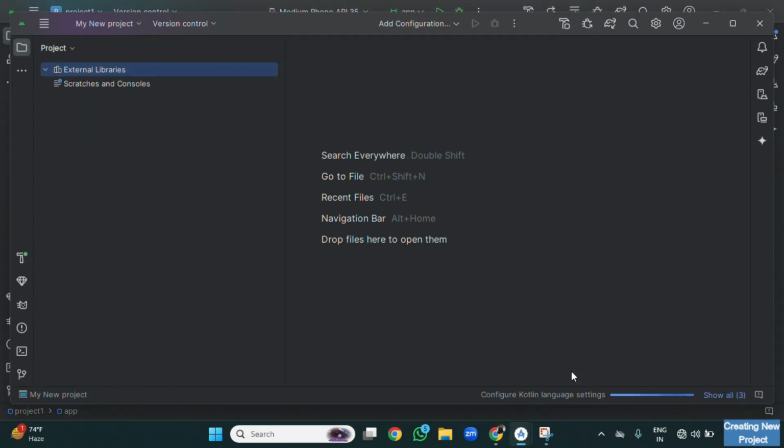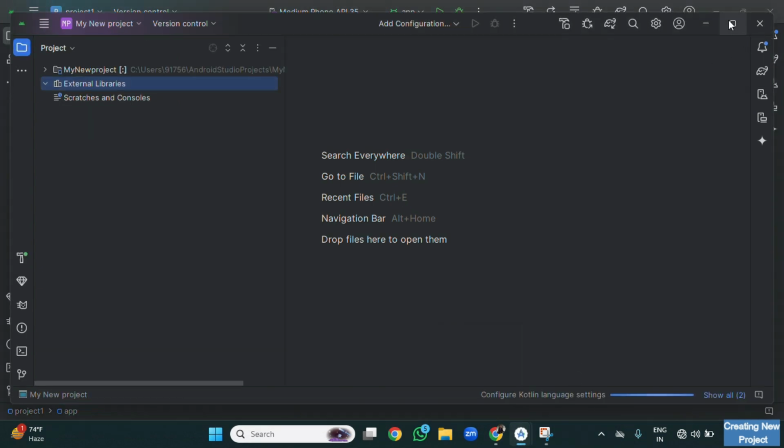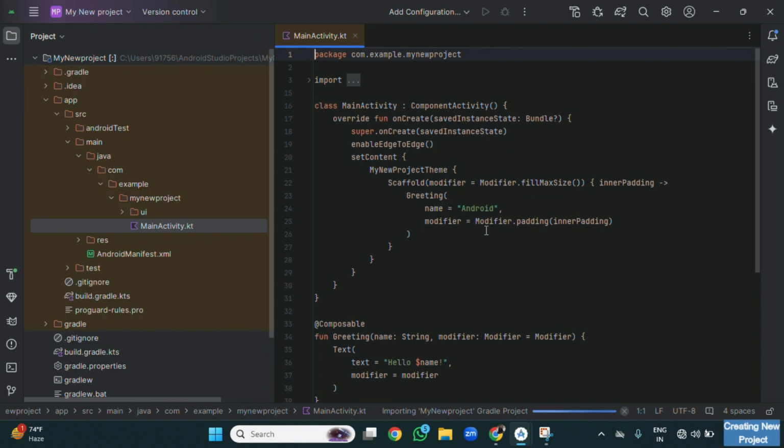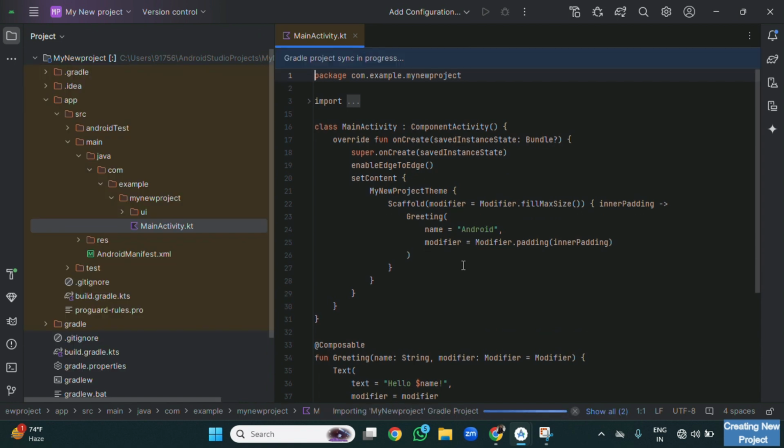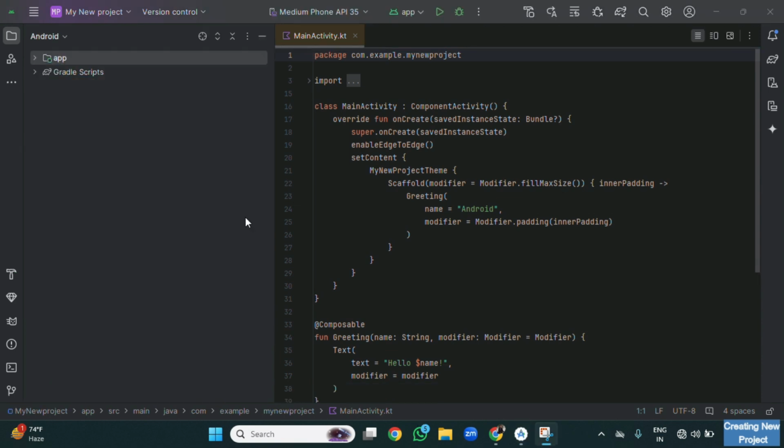The new project has been created on the next window. It is importing some new files, so it will take some time. So here your new project has been set up and it is opened in a new window. The name of the project you can see, My New Project, as I have named my project My New